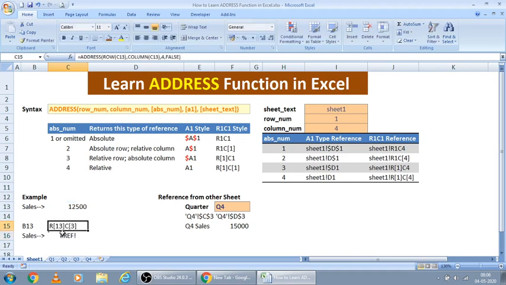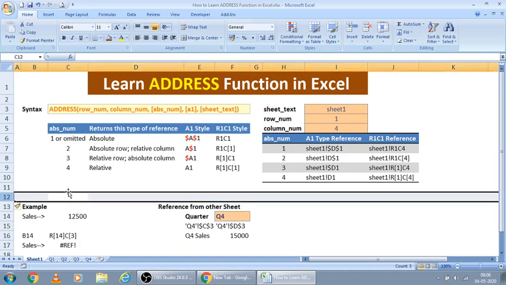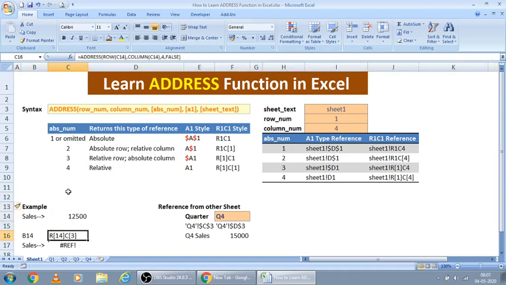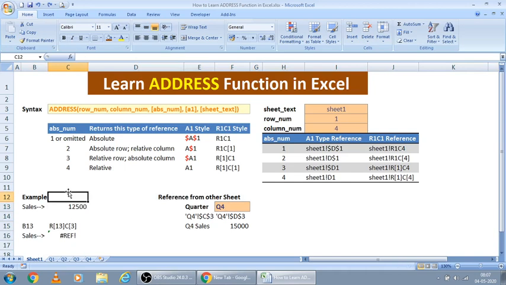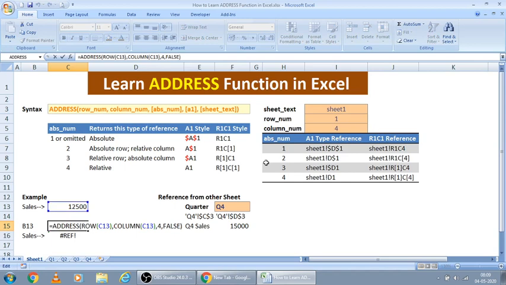See, row 13 and column 3. Since I put row and column dynamically, even if you add some rows here, this will change automatically. I am moving back to true here again, or you can even put blank, it will work fine.